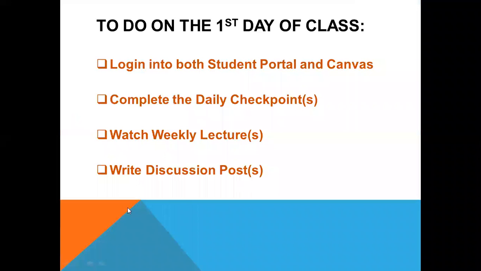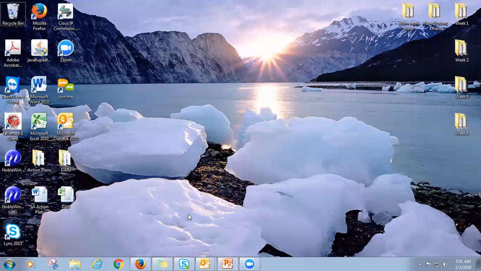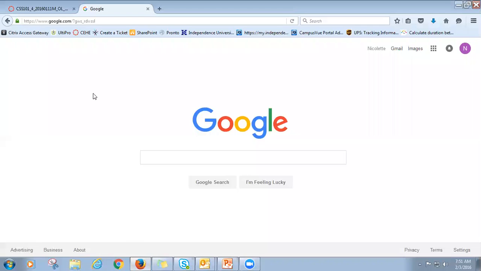The first thing that you want to do on your first day of class is to log into both your student portal and your Canvas classroom. So I'm going to go ahead and show you how to log in to both the student portal and Canvas. The first thing you want to do is pull up your internet. We highly recommend that you use Mozilla Firefox or Google Chrome since they are the most compatible with your online classes. You just want to come up to the address bar and type in